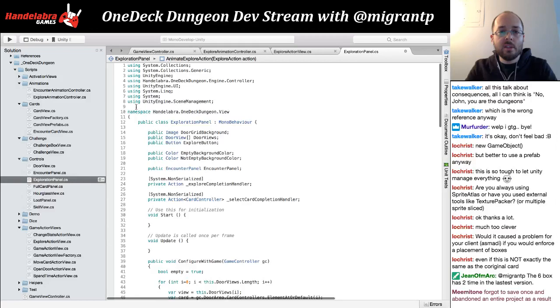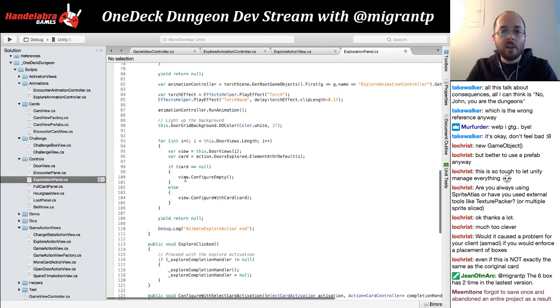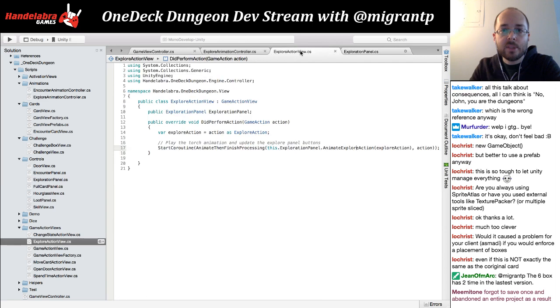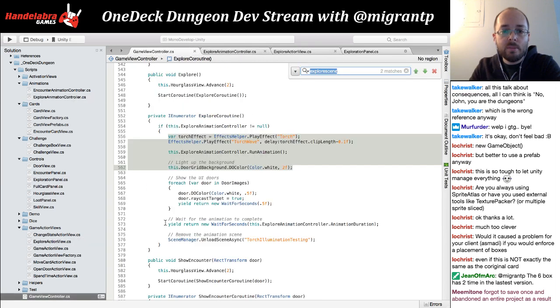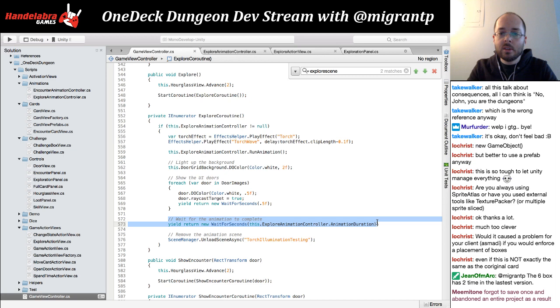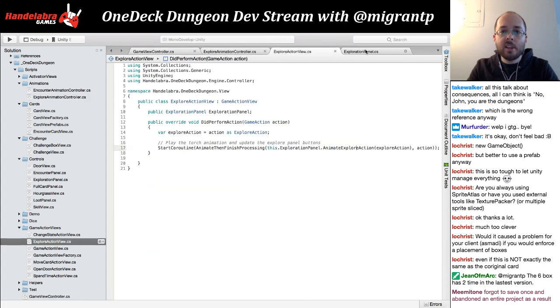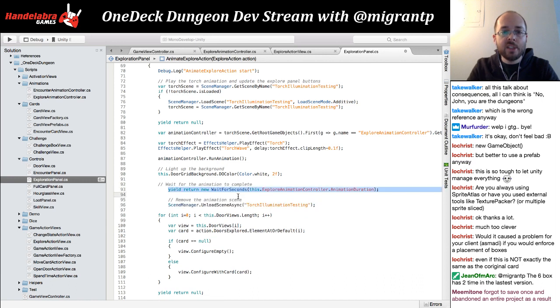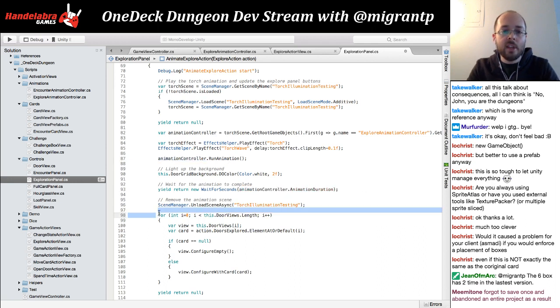And here we need to use tweening. But for now, let's do this. So, and then we'll wait for the animation here. And we can remove the scene. This is probably not going to look perfect, but let's do this part here. So we're just going to do the torch animation and then light up the doors,